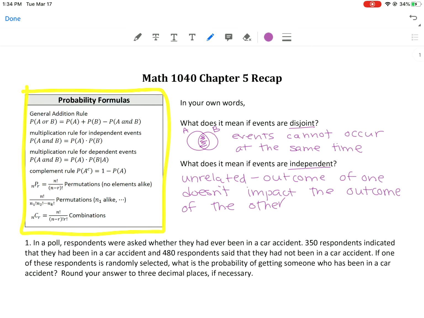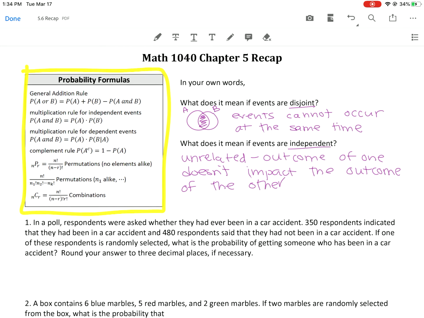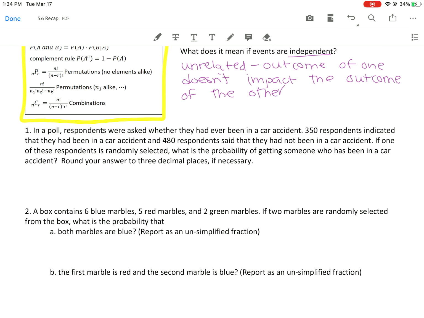Okay, as we go through today, we're going to look at some different examples and decide which of these probability rules we are using, and then make sure we can apply it given lots of different situations. So question 1, in a poll, respondents were asked whether they had been in a car accident. 350 respondents indicated they had been, and 450 said they had not been. If one of these respondents is randomly selected, what's the probability of getting someone who has been in a car